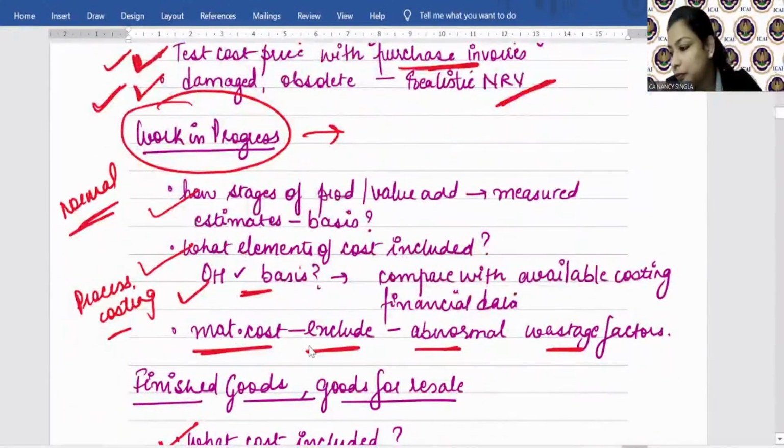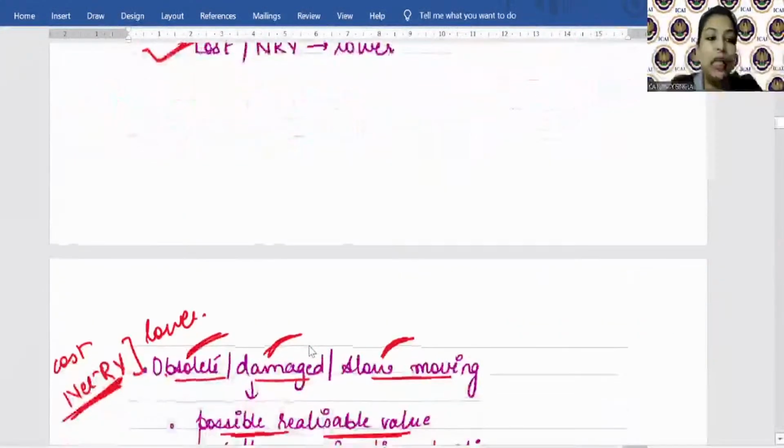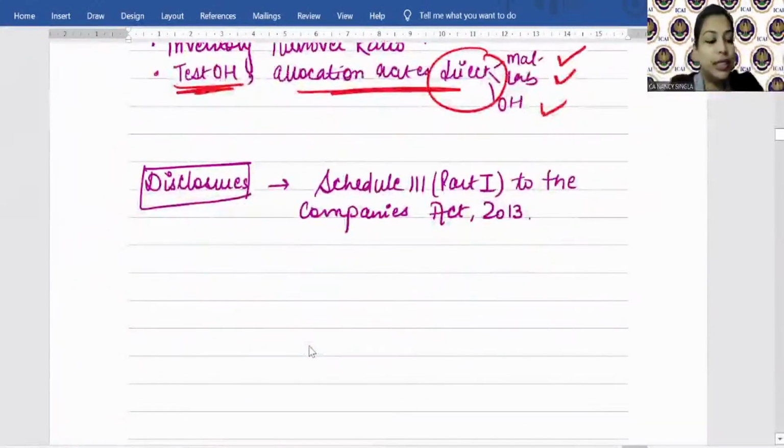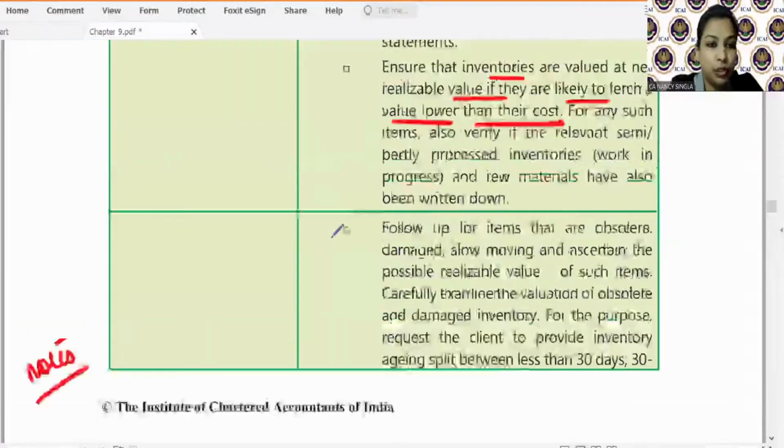write it. Okay? And I'm telling you again and again, don't go after learning the general answers. Where you are asked a question on the valuation assertion of work in progress, there you cannot write the general points of inventory. Okay? Is it clear? And now the disclosure part is left, which we will be doing from the module itself.